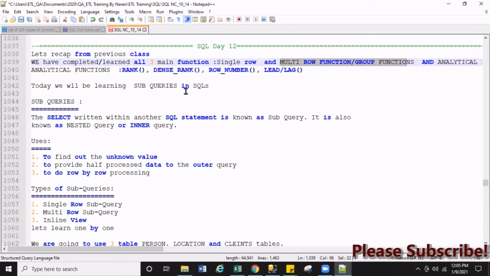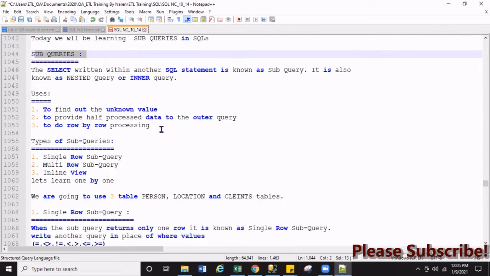Today we are going to learn subqueries in SQL. What are the different types of subqueries available in SQL? First, let's understand what a subquery is. A subquery means a select within a select, written within another SQL statement.